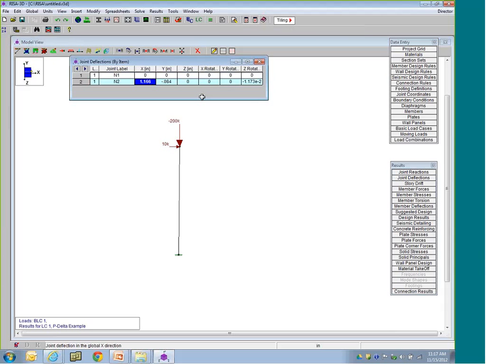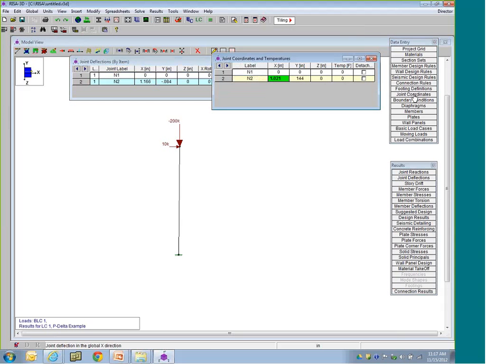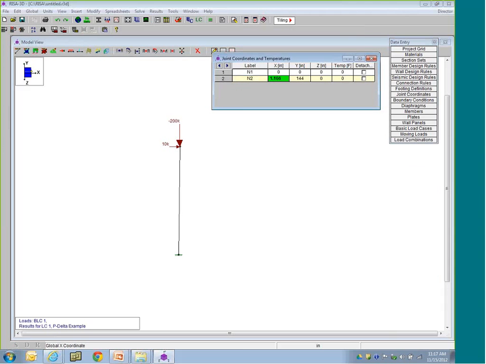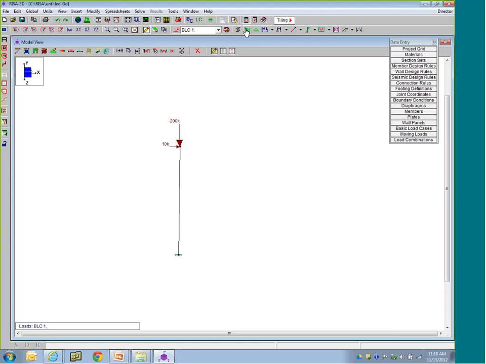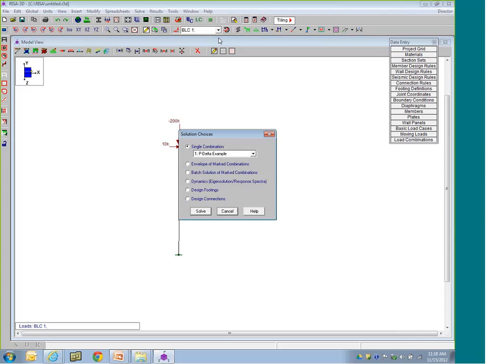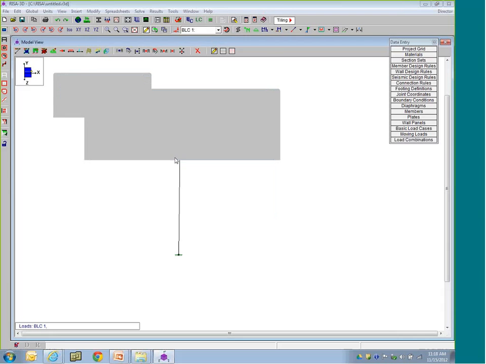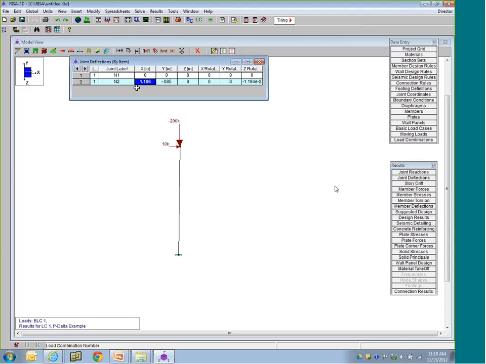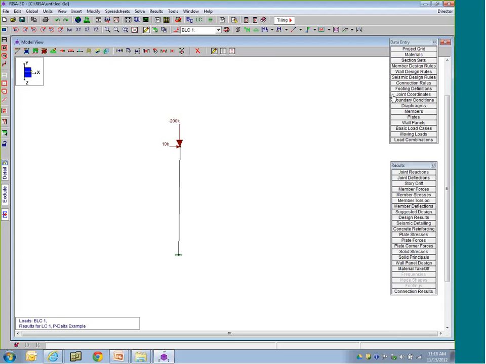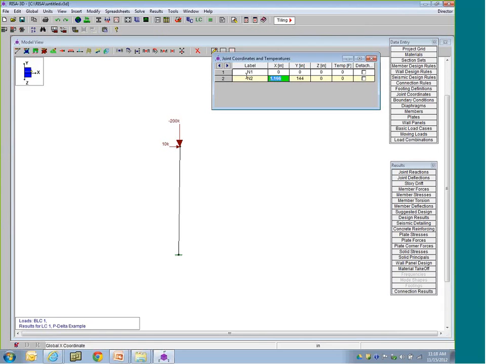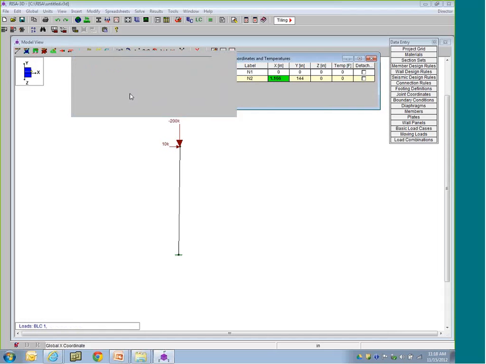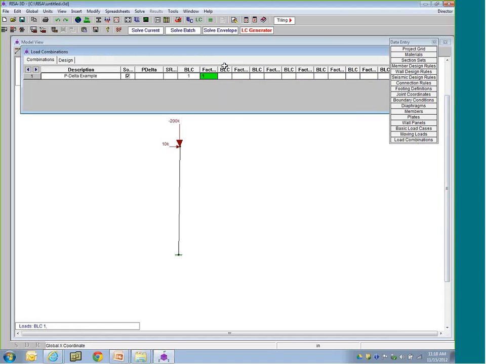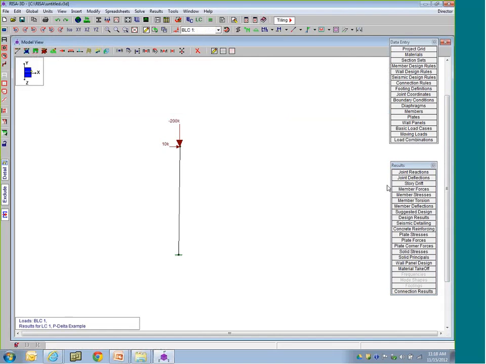So I'm going to copy that joint deflection, go back into the joint coordinates spreadsheet and paste it right on top of that. This is just for demonstration. This is what's happening internally in your model. You can rerun it, and you'll see one more time that it's increasing. So we're slowly increasing from there. So 1.186, I'm going to copy that, put that in the joint coordinates, and run the model one more time, solve current, and I can see here one more time,